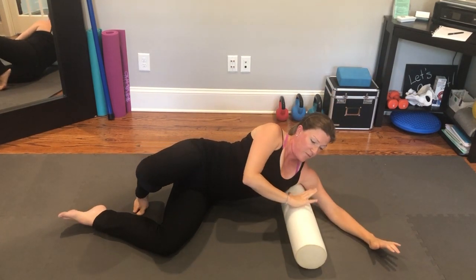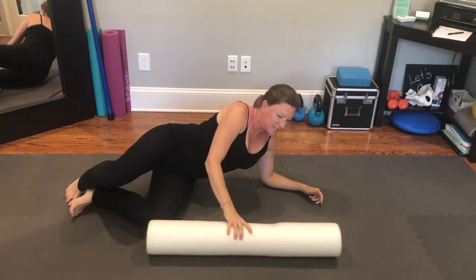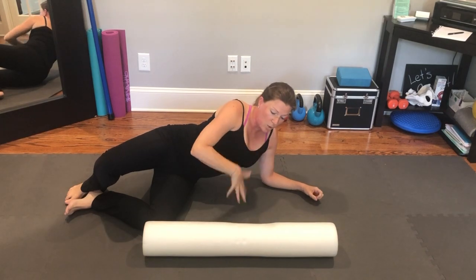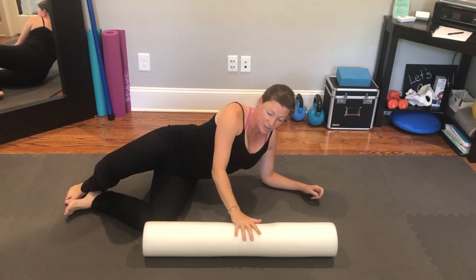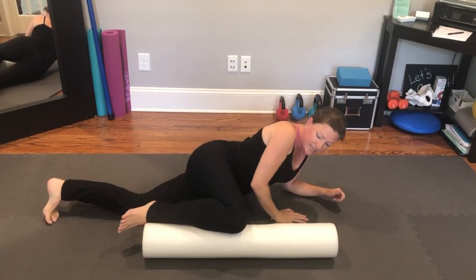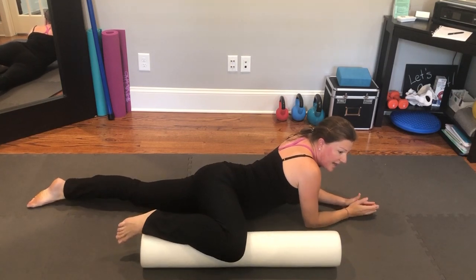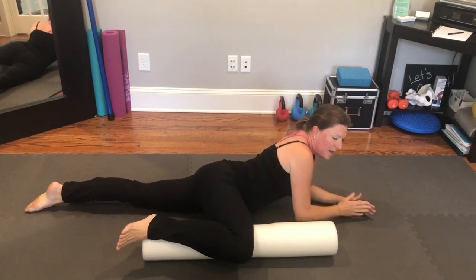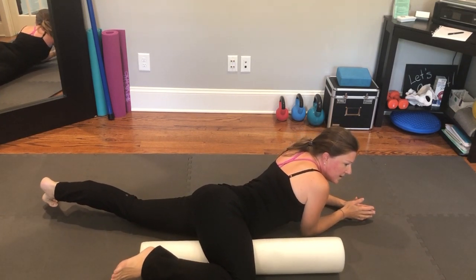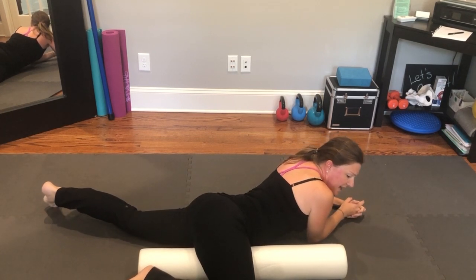Okay, so that one. And then I'm gonna show you just two for your legs that are my favorites. So a lot of my clients who have some inner core stuff going on or pelvic health issues, inner thighs tend to get really tight because they are overcompensators. So this one just feels nice even just to be here, but you can get that foam roll on that inner thigh. And again, just slowly roll it all the way up to where your inner thigh kind of intersects